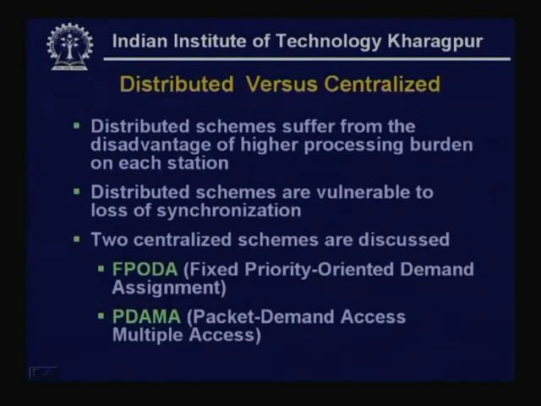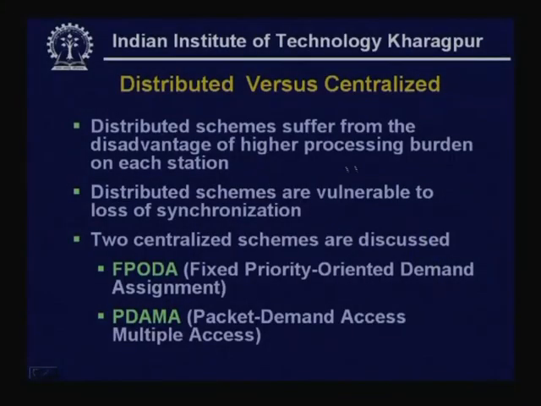Now, these are the distributed schemes which we have discussed in detail, where we have seen the stations are doing their reservations by sending packets using slotted aloha. Now, the distributed schemes suffer from the disadvantage of higher processing burden on each station. That means, each station must have the processing capability, they should be able to send data and reservation packets. As a result, a high processing burden is necessary. On the other hand, distributed schemes are vulnerable to loss of synchronization. So, that is why